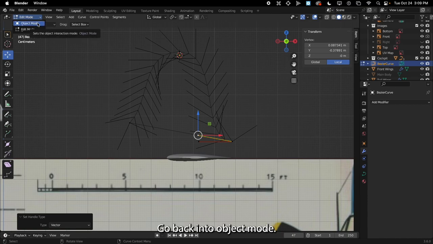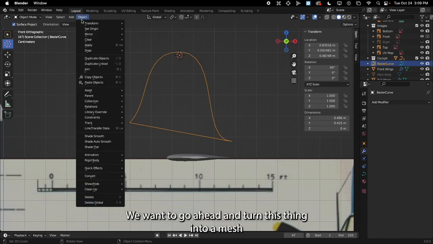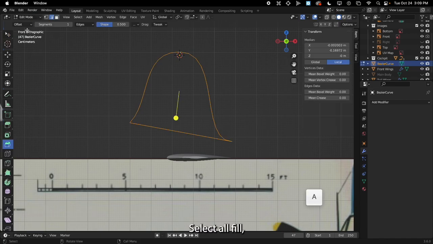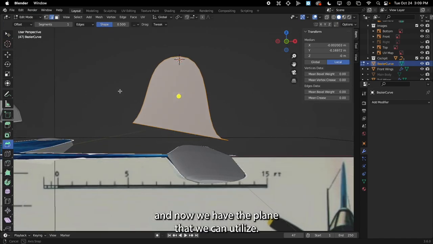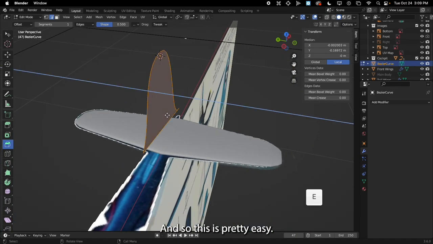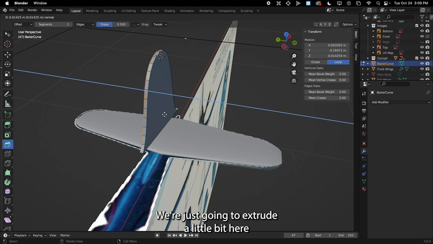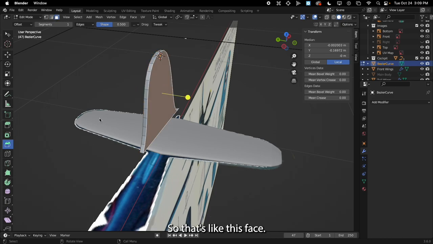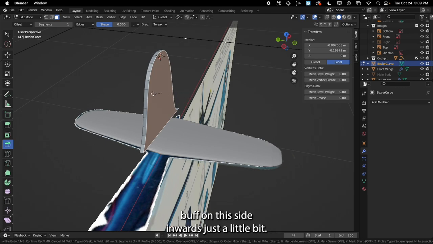Go back into object mode. Object, we want to go ahead and turn this thing into a mesh. Edit mode, select all, fill, and now we have the plane that we can utilize. And now this is pretty easy. We're just going to extrude a little bit here, and now we're just going to bevel each edge. So I'm going to select this face and then use my bevel tool, bevel this side inwards just a little bit,